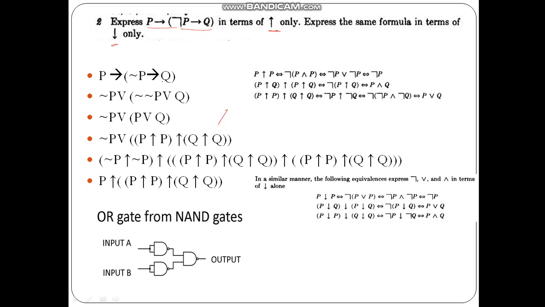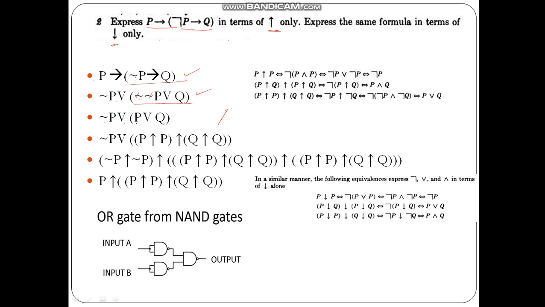The given equation is P implies (not P implies Q). If we simplify it by using our previous theorems, it becomes NOT of P or this remaining part, and this remaining part contains an implication, so that becomes NOT of NOT P or Q. So NOT of NOT will again kill each other, and the remaining part is NOT of P or Q.